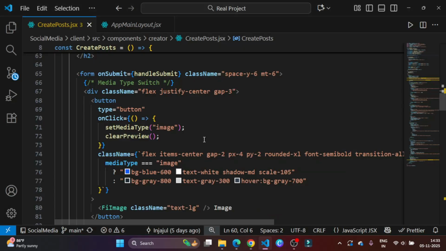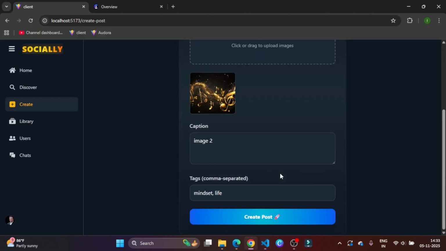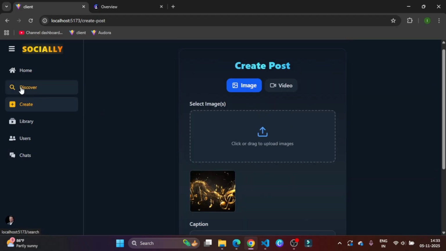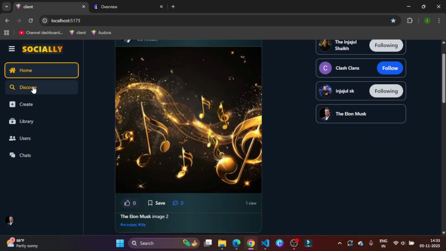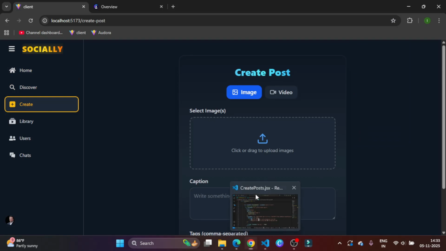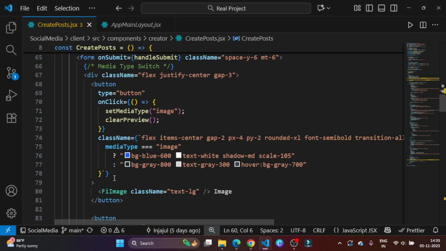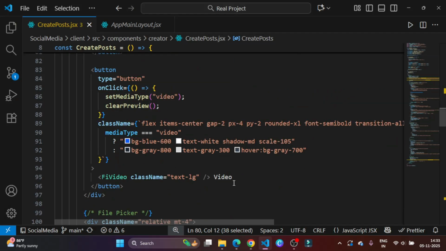So yeah, this is the set media and clear preview. So when it's updated, let me show you now, right? So yeah, there you go, right? So yeah, we upload it,